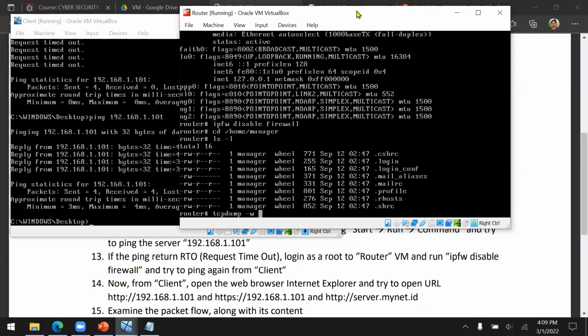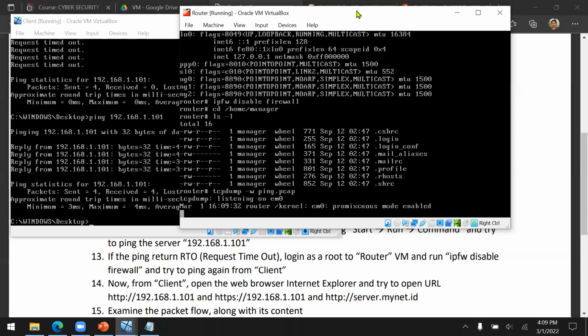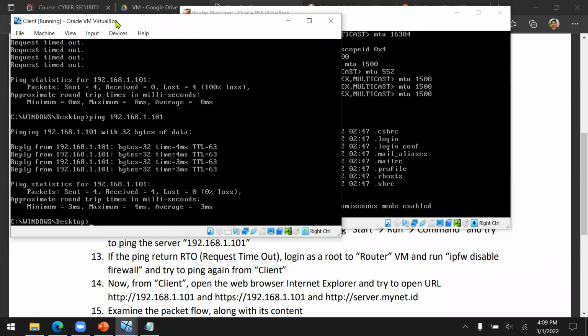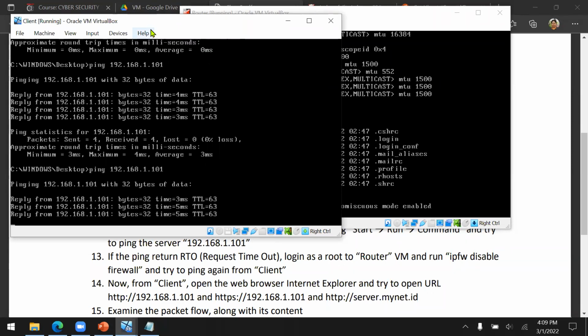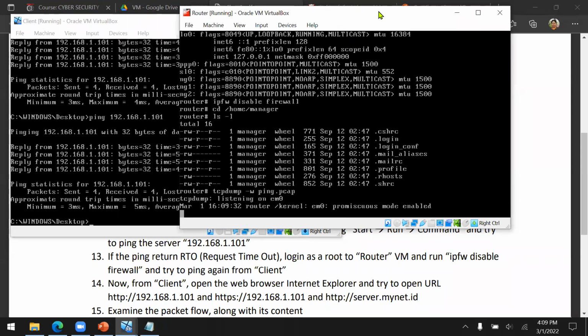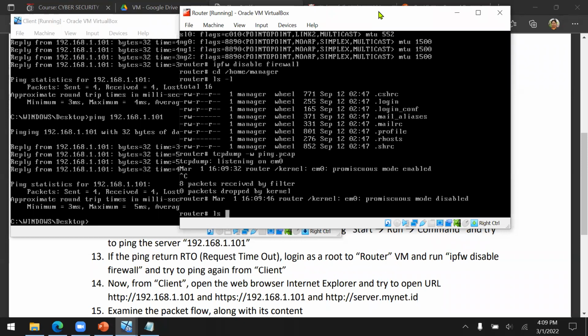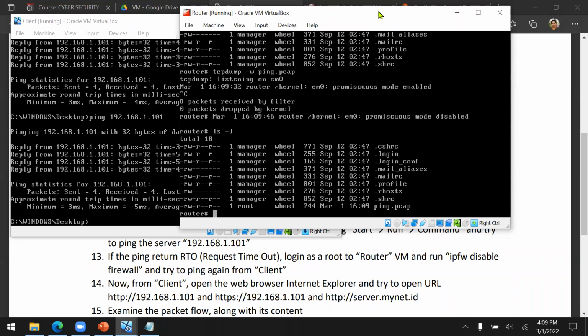This means please capture any traffic that flows through me and write the traffic as a file called, let's say, ping.pcap. Okay, now enter this one. Now let's try to send the ping again. Enter. 1, 2, 3, 4. And then just Control C. And then you can see in this folder, you have a new file called ping.pcap.